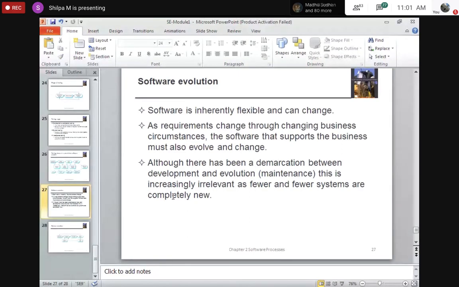Evolution, like I already said: changing software needs will require the system to evolve and change. Fine. This is an event, as fewer and fewer systems are completely new. So here,